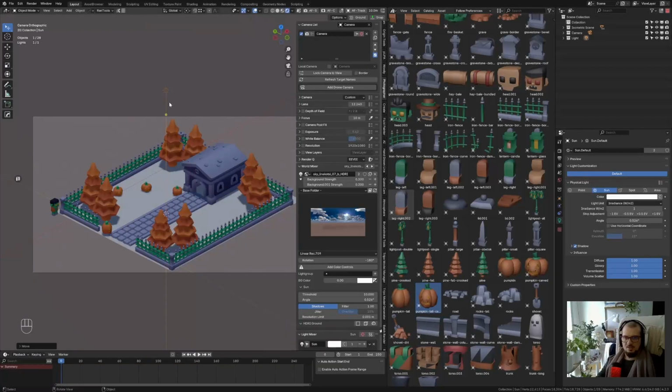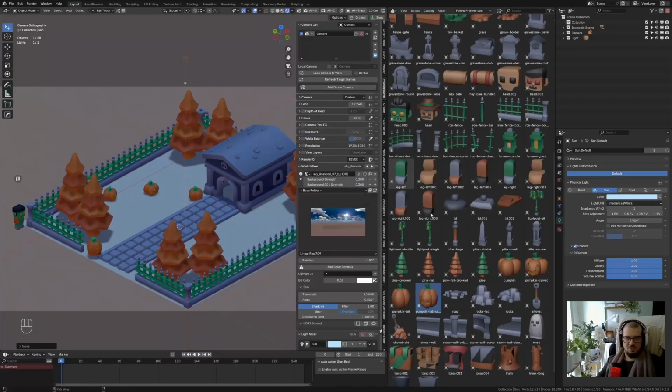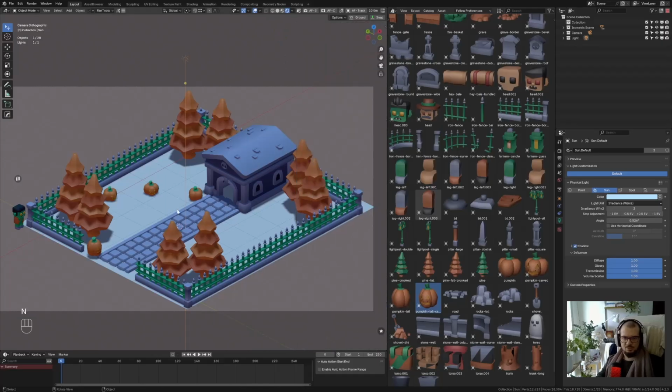I already have a directional light, a sunlight, and I will just decrease it and change its color to blue. Now we have a spookier scene, and I will also decrease the moon lighting, and now